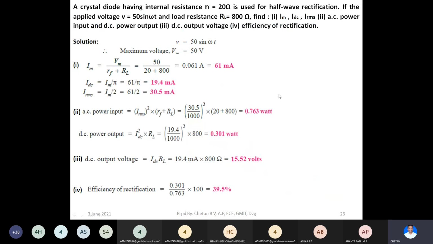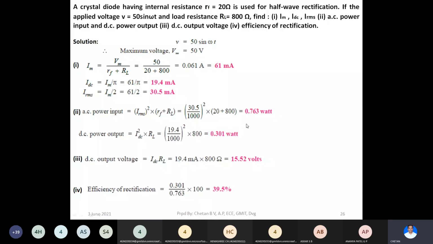Next, we have solved one more problem, which is on the same half wave rectification concept. And here they have given an equation. The input is given in the form of an equation. Whenever such an equation is given, the constant which is there immediately after the equals sign would represent the peak value or peak input voltage, right? So directly take this value, and you can calculate the remaining parameters according to the formulas which were derived in the previous class.